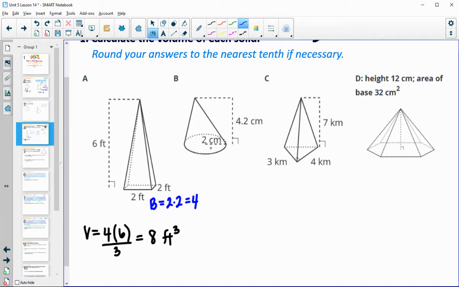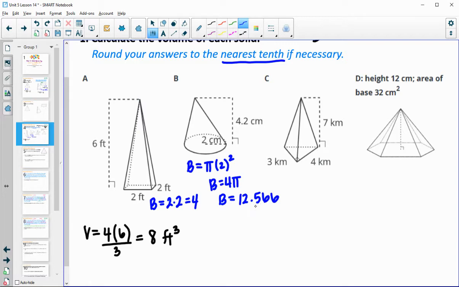Shape B is a cone. So we've got a circular base. So area formula for that is going to be pi times the radius squared. So the area of the base here is going to be 4 pi. And this wants us to the nearest 10th. So it actually wants us to calculate. So we'll multiply 4 times pi to get the base area here of